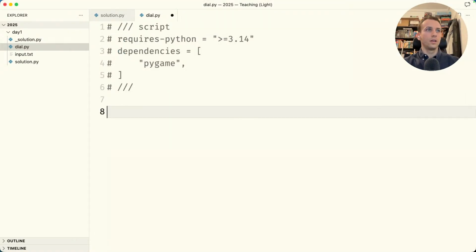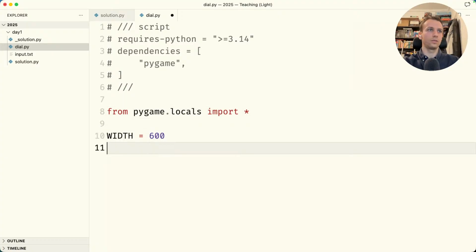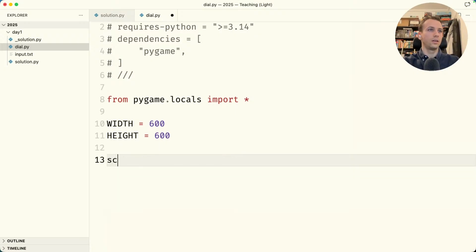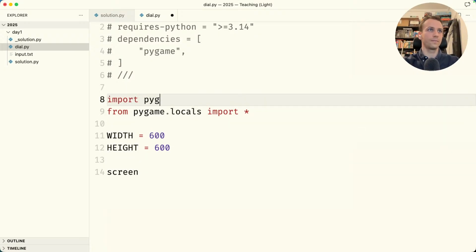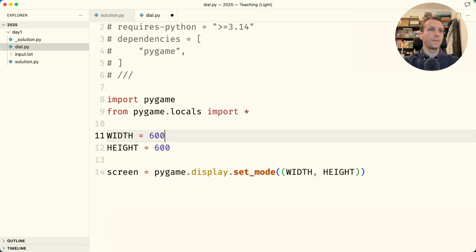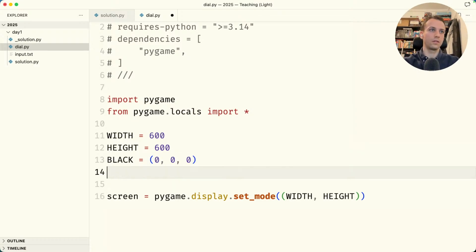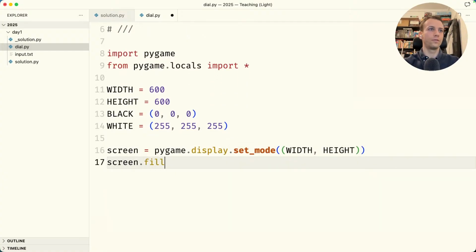Alright. Now from pygame.locals import everything. Don't do this. Don't import star. From pygame locals we import everything. Let's do width of the visualization and the height. You know, the screen. Pygame.display.set_mode width height. Now a couple of colors. Let's do black and white for starters. Alright, screen. Now let's do screen.fill black,